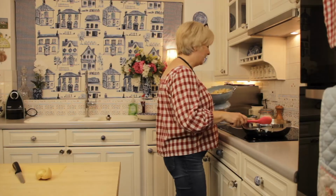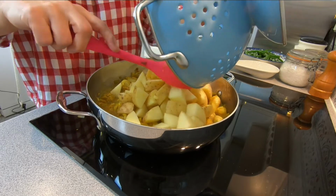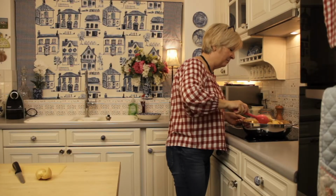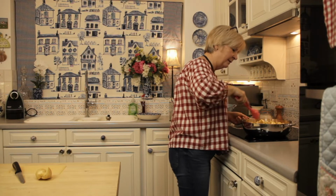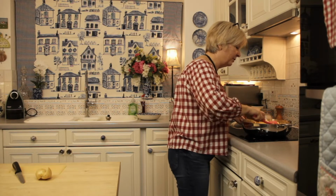Now I'm just going to add my chopped potatoes and stir these round, so they're all mixed in with the chicken. It smells really, really nice. And it's one of those meals that's really lovely on a cold winter day. There's nothing more comforting than slow cooked